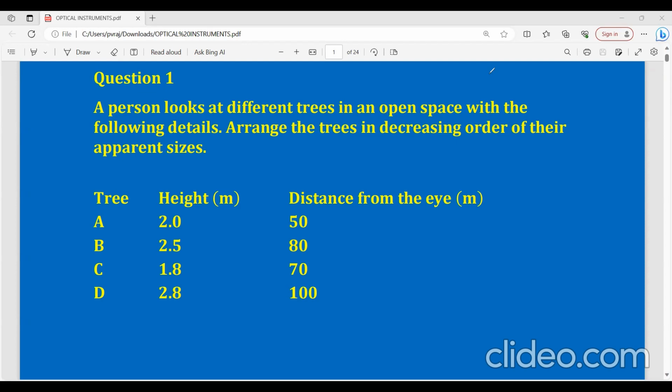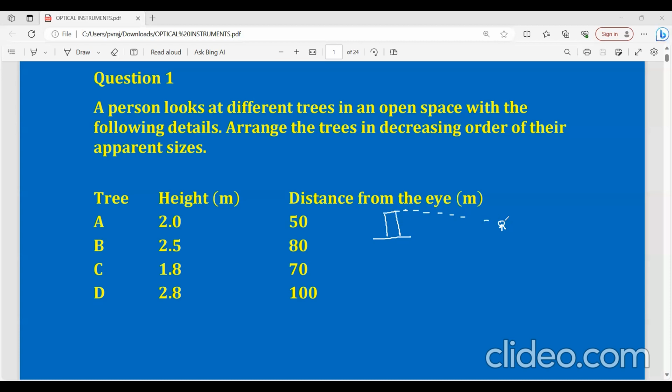But when you are at different distances from each one, which will appear to you at more height or at less height, that they're asking the question. So here you have to see only the angle subtended by our eye for each and every tree. For example, somewhere here we have a tree and somewhere here if person is standing, if the person wants to see the image,